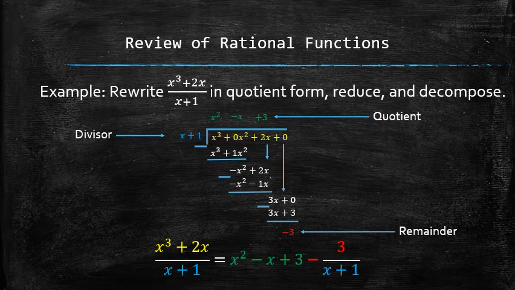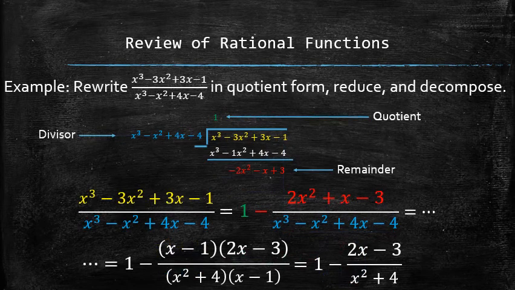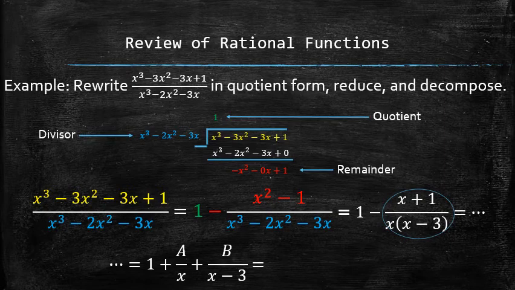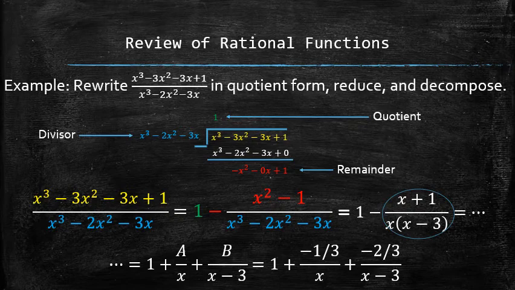Let's take the last look at one of the previous examples and see if it is possible to decompose the result. It appears that the function is in decomposed form. Let's take the last look at one of the other previous examples. It again appears that the function is already in decomposed form. Let's take the last look again at the last example. This function can be decomposed into a sum of two simpler rational functions. Using algebraic techniques, we can determine the coefficients a and b. Now the original rational function is decomposed.